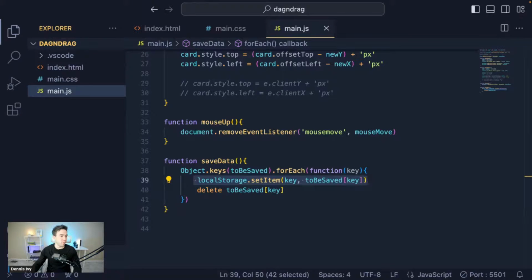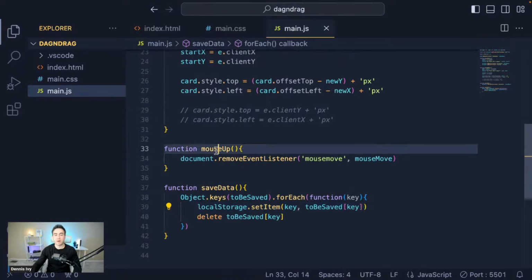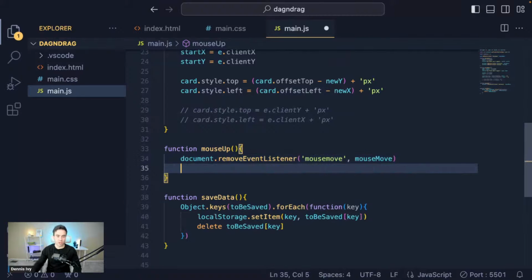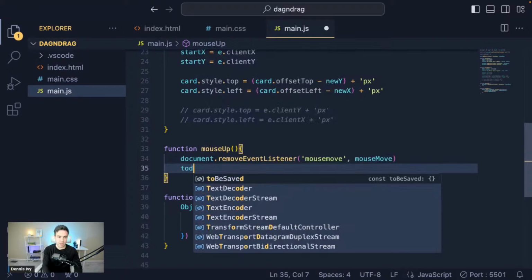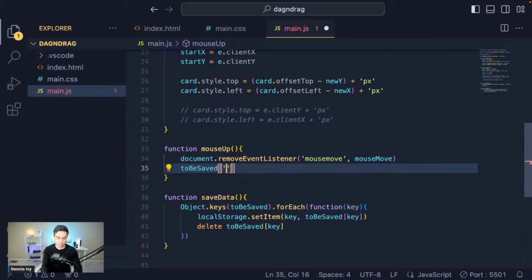Now from here, what we want to do is queue up that local storage or that local state in mouseup. Once the mouse is done moving, this is where we want to queue up the events. So we'll go ahead and do toBeSaved. The first value I'm going to pass in is going to be the X coordinate. So we'll just do startX, and this is going to be equal to